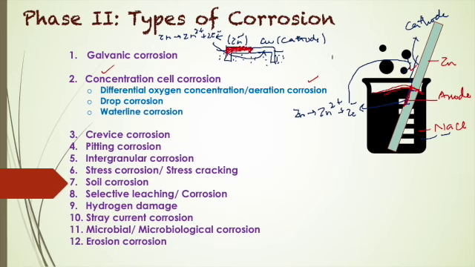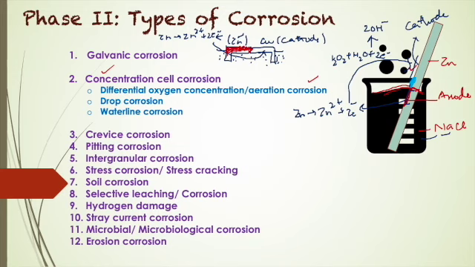Oxygen, the moisture which is present, and the electrons which have traveled from the anode will react, giving us OH minus. Now these OH minus and zinc ions will move from their individual places and meet somewhere in the middle between anode and cathode, and the corrosion product is